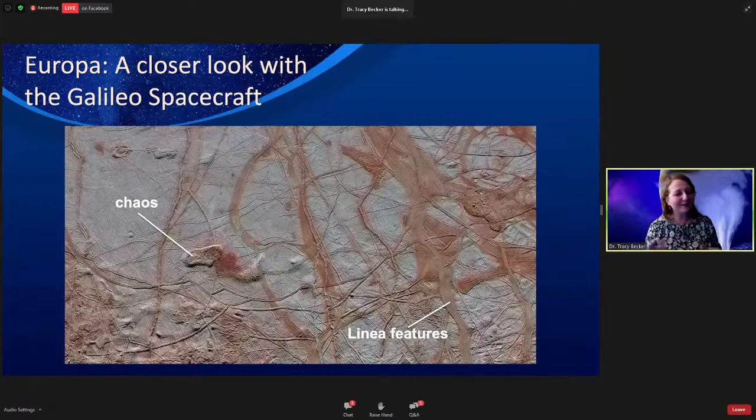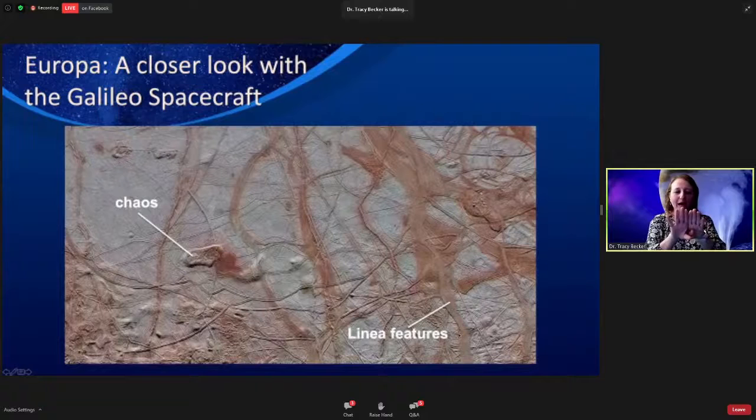And again, think about this. This is 1990s technology, cameras that we had back then with Galileo. So just imagine what we're going to get when we get there in the next decade. There are these features called lineae, which we think might be regions where the ice shell is separating